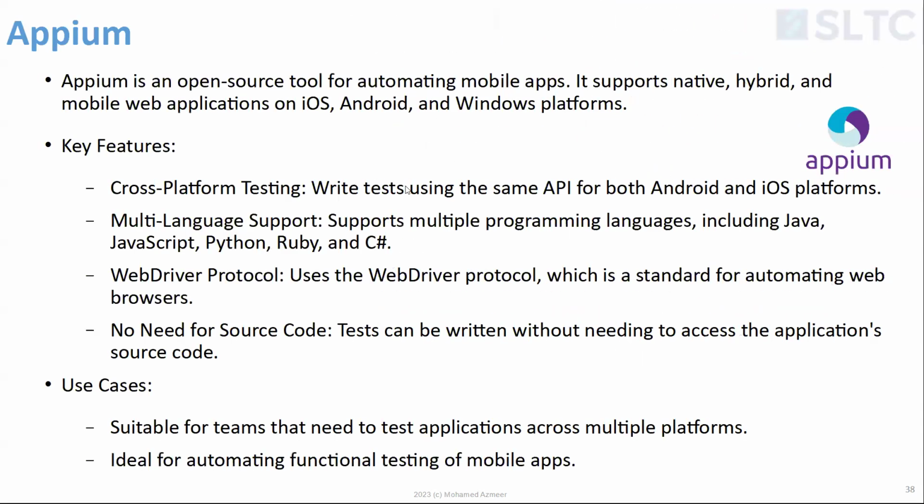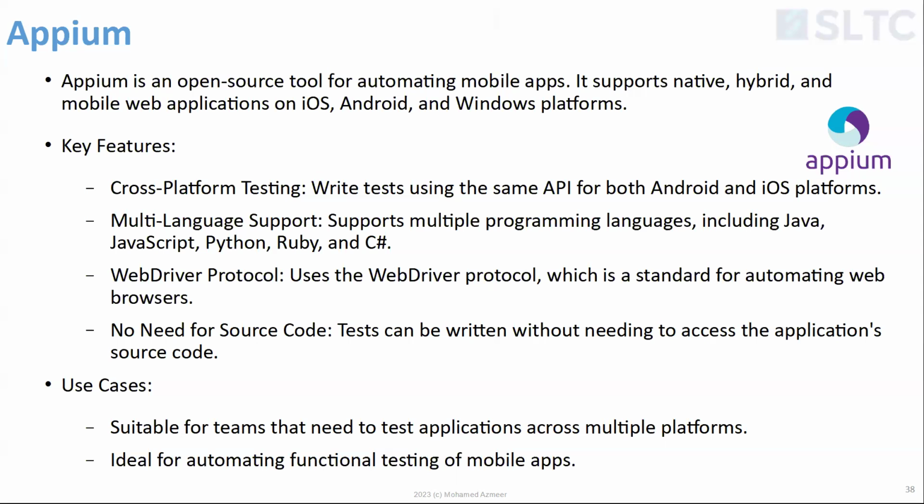So the first one in our list is Appium, right? It's an open source tool. It supports native, hybrid, and mobile web applications on iOS, Android, and also the Windows platform. Now, Windows Mobile is no longer in use, but this used to support that as well. So, cross-platform testing